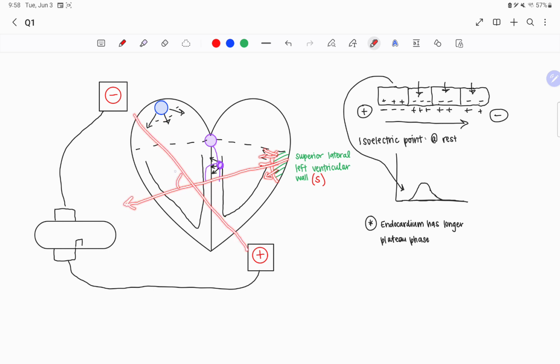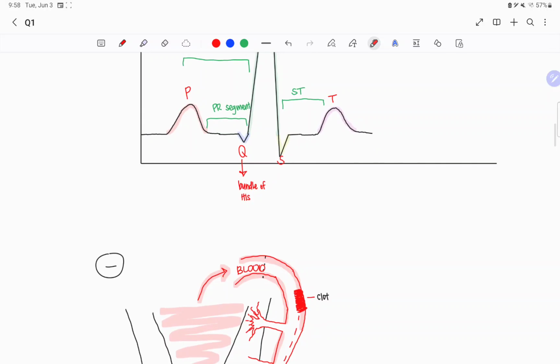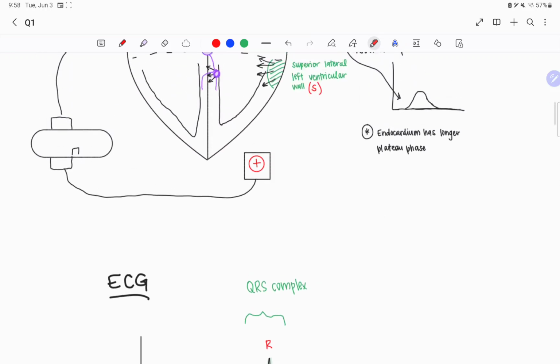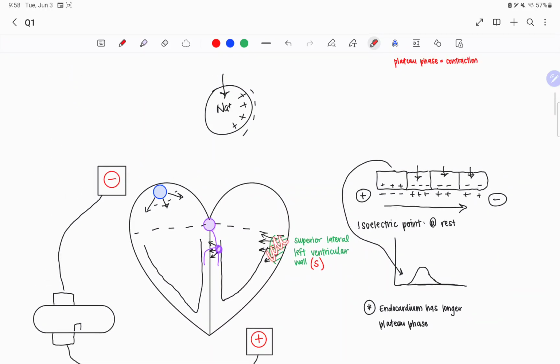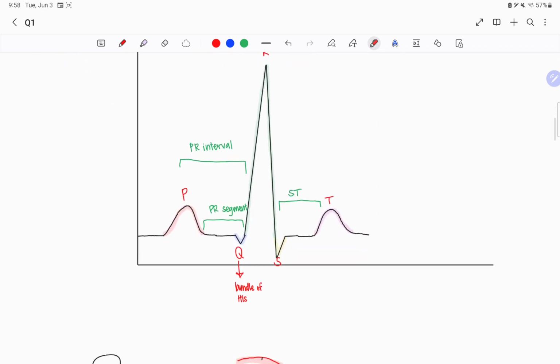And again, this angle is smaller than this angle. So it's once again kind of pointed more towards the negative sensor than it is towards the positive sensor. So that's why we have this upside down blip here for the S wave, is it's just finishing off completely depolarizing the ventricles. Okay, and then the T wave